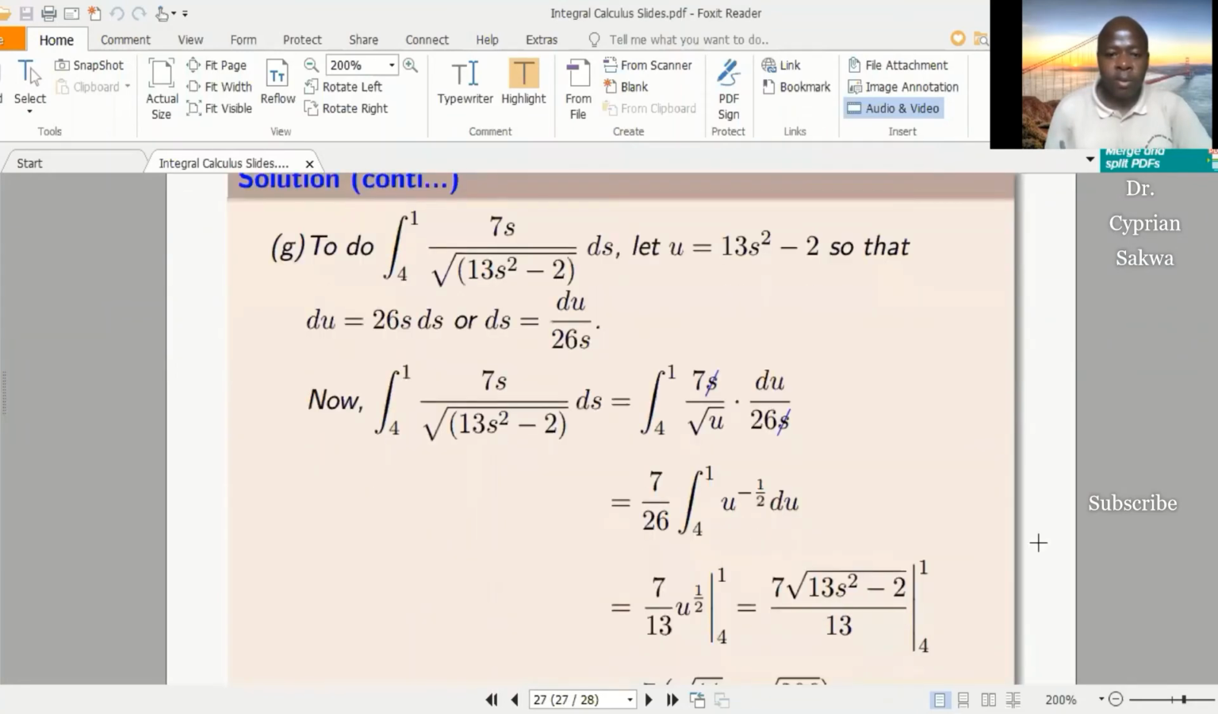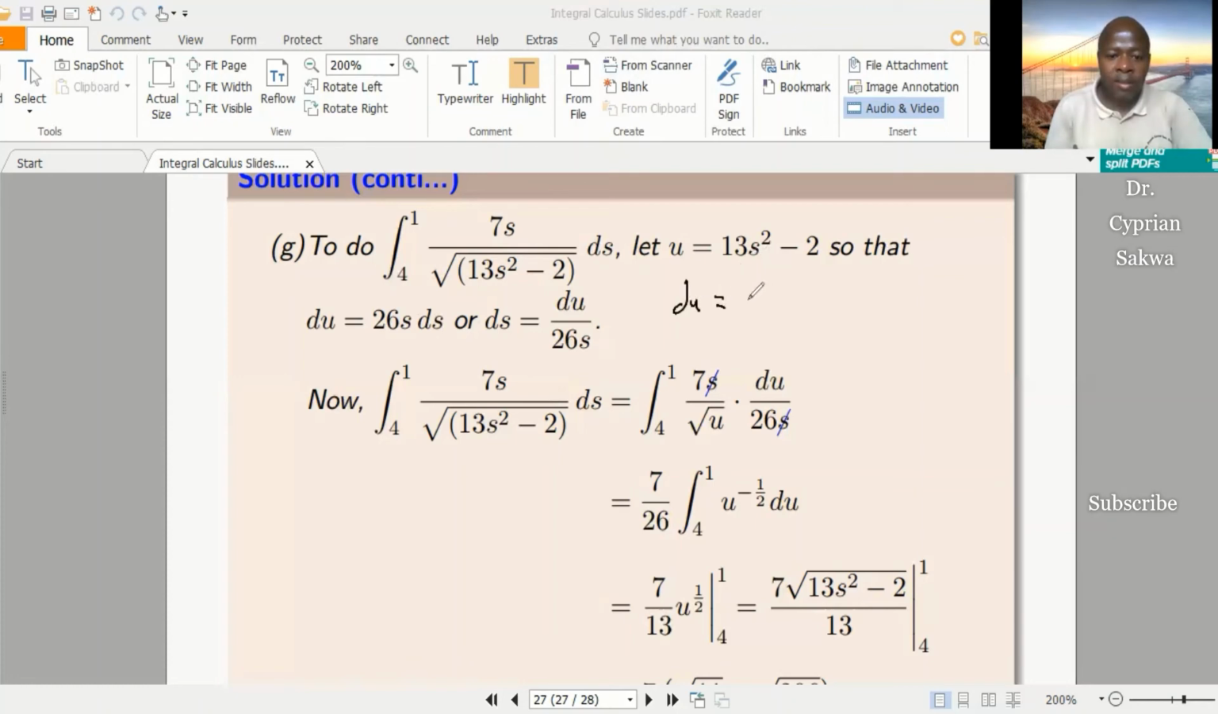And the other good questions here. Let's look at these questions. We are integrating from 4 to 1, 7s over the root of 13s squared minus 2. Again, we must let whatever is under the root be u. So let u be 13s squared minus 2, and differentiate both sides. The left side gives you du